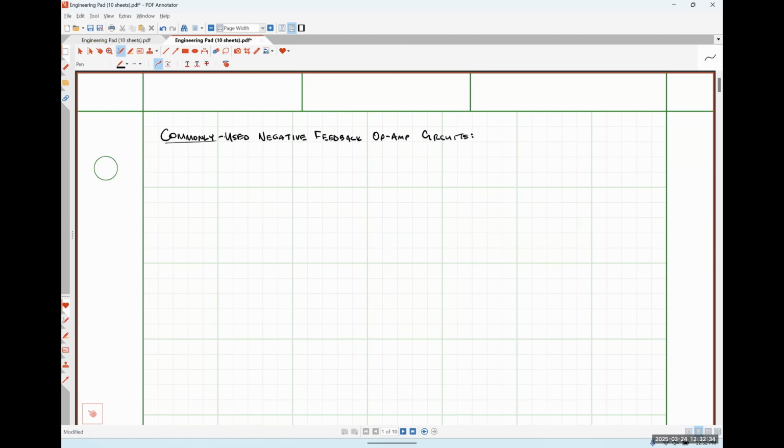So before we apply these ideal op-amp rules, I want to go over them again just very briefly here. We talked about them at the very end of our last class meeting, but just to make sure that everybody's catching what I'm throwing. Anytime that we see an op-amp in our circuit and we have negative feedback,